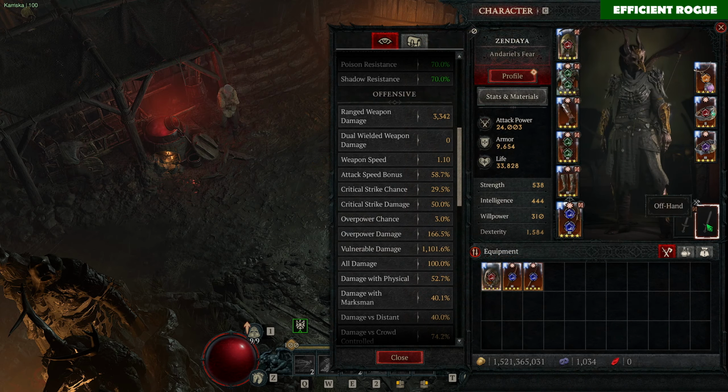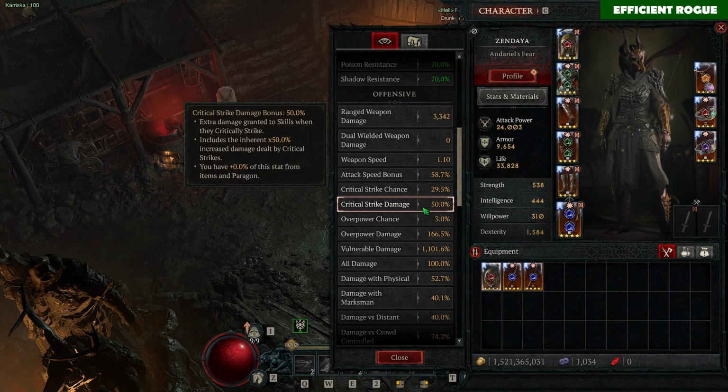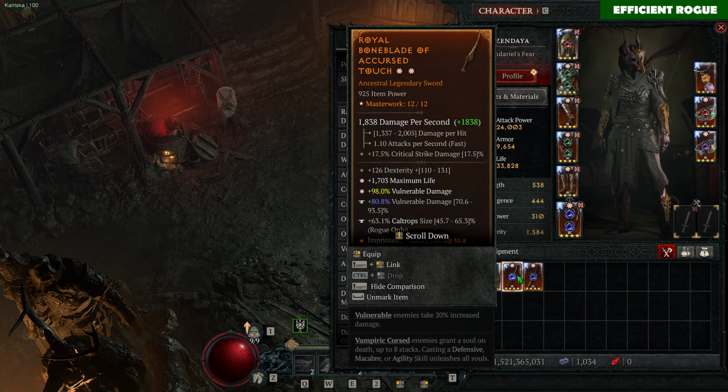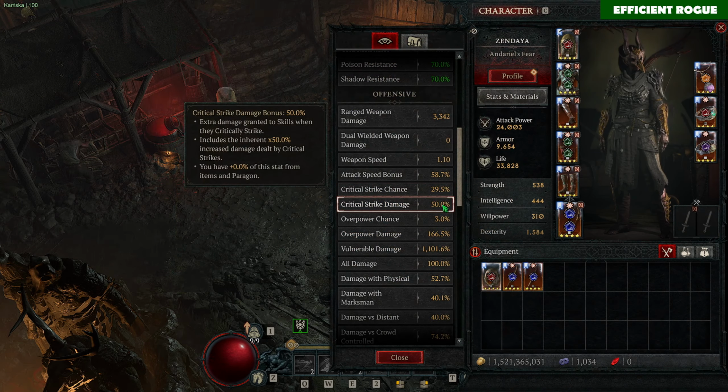I can take off my swords here, and you will see now it dropped to 50%. 50% is actually the base value of critical strike damage. Every new character, level 1 character, will have 50% as an inherent damage multiplier. Here the swords, I don't have critical strike damage rolled on them, but swords have critical strike damage as a base roll. You can see in the top corner below attacks per second, you have the 17.5% critical strike damage. So this is the reason why my value here is increasing a bit, but does it make sense